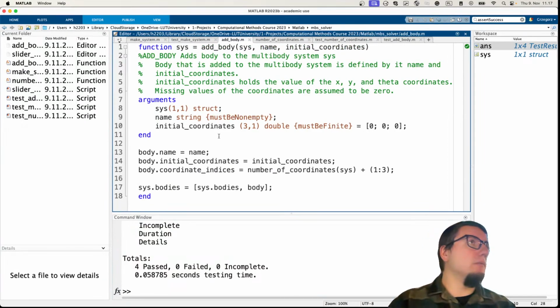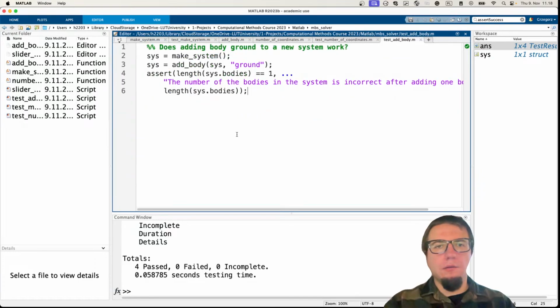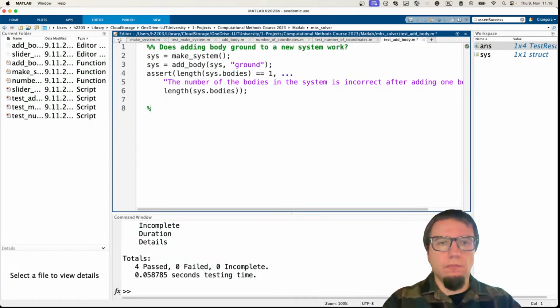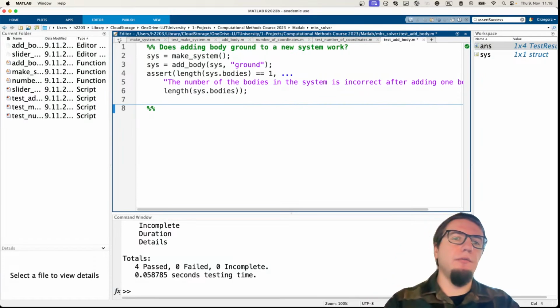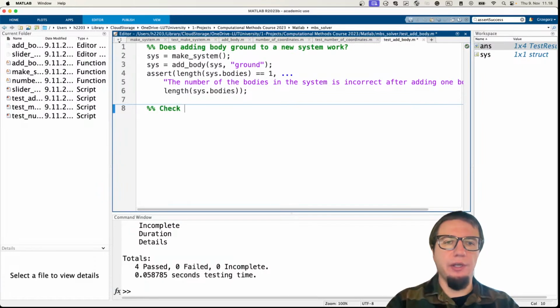Any questions? Any issues? Everything works for you the way you expected it to work? Okay, perfect. But now we need more tests. For example, here for adding bodies, we should add at least 2 more tests or even more. So the next test would be to